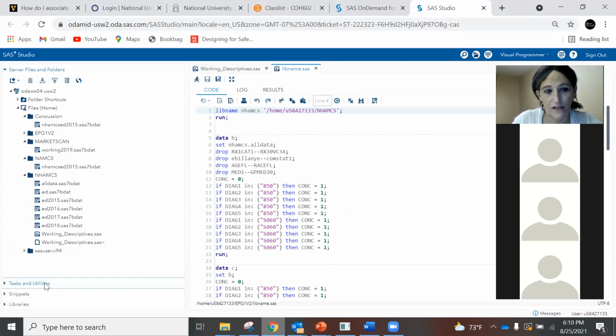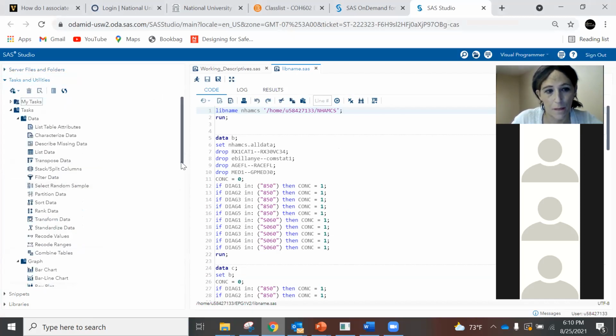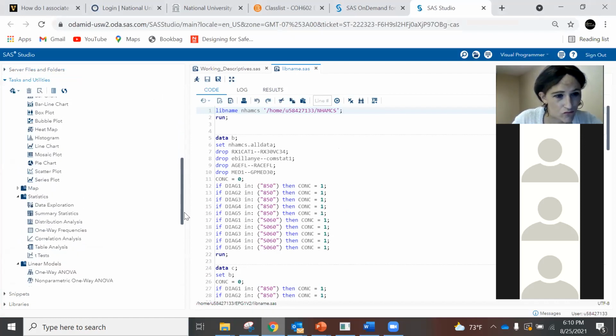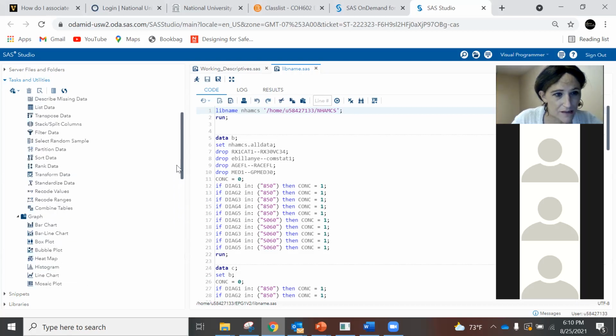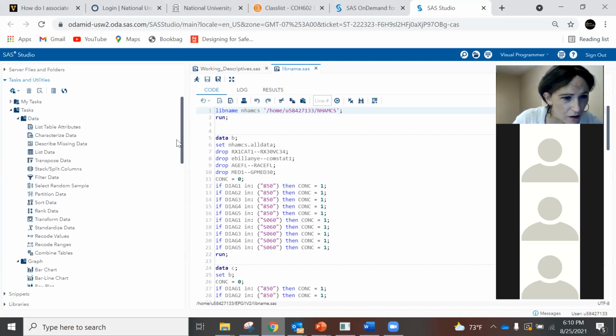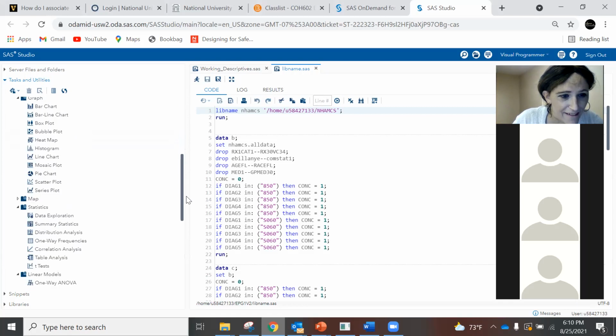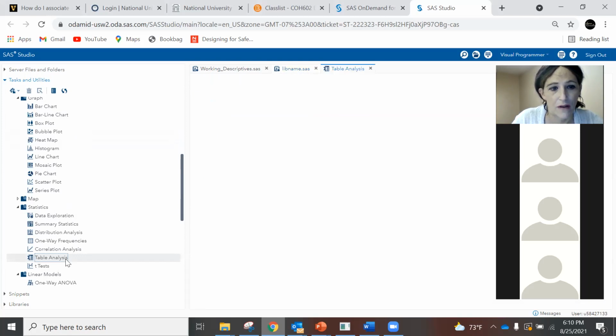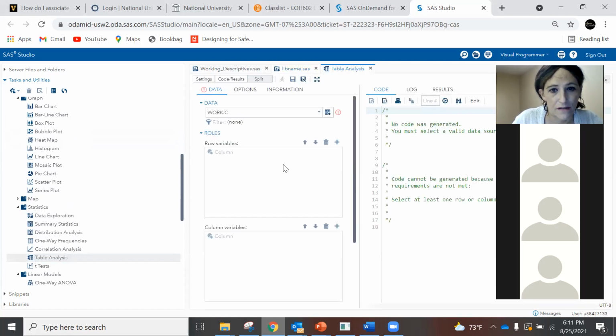So if I go in here and set up crosstabs, sorry, there, I went right past it. Table analysis. So if I were to go in here and interactively do this,